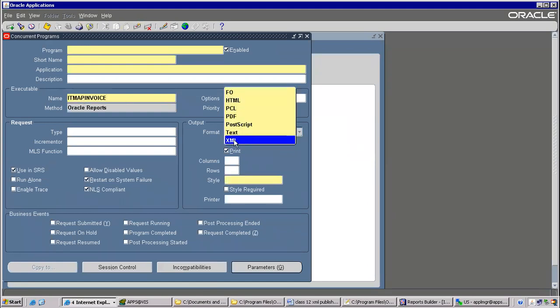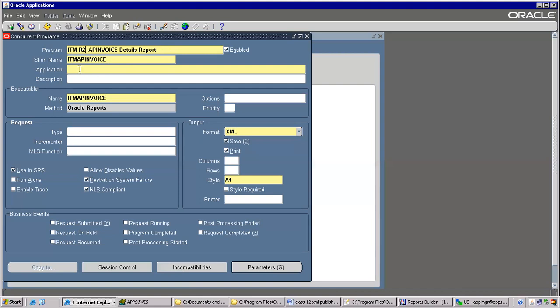The next step here is XML and the size of your output. Short name, I am taking the same only. Instead of maintaining a different one, I am taking the same. Program name, same. Usually the program name will be like this: first the client name, your report number 1, and AP invoice details report. Like this, it will be there. So we have to include the client name first. Your report identifier is the 10th report or 15th report, like that. Right now, first report only, or second report, right? It is